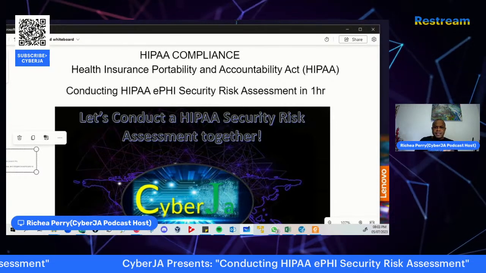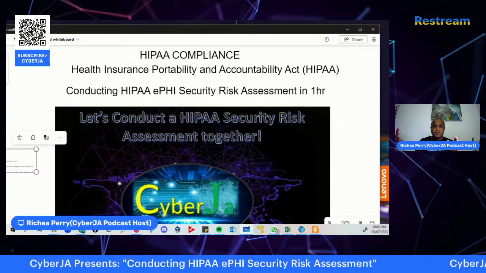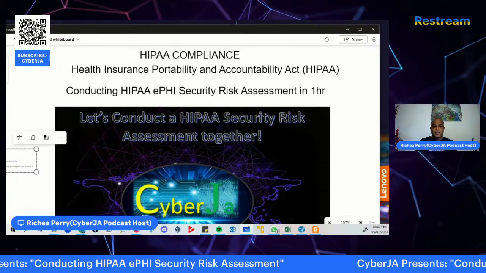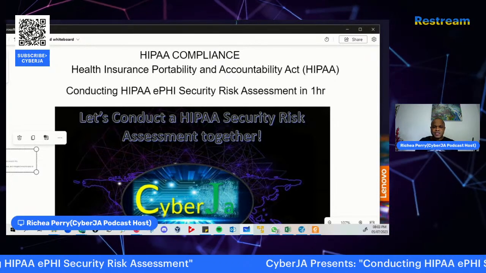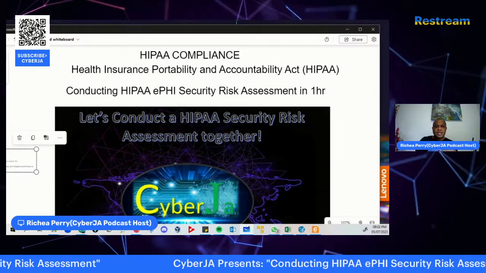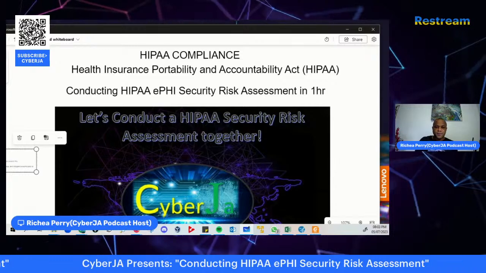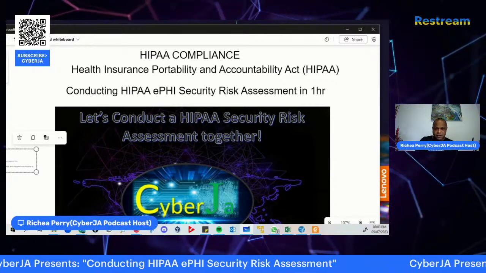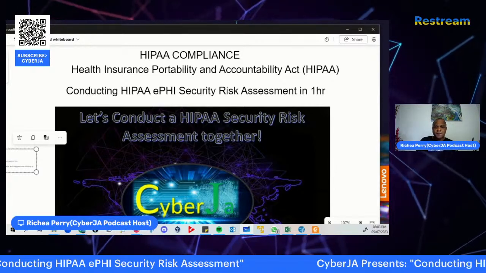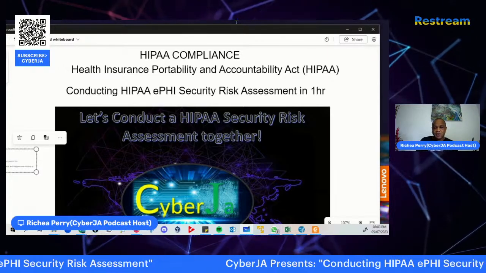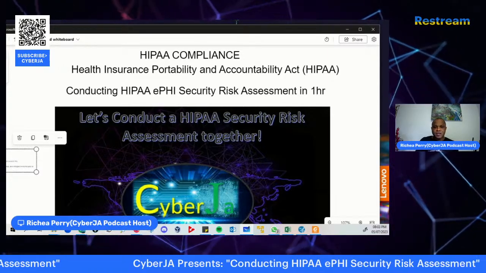In this particular session, we will not be focused on the implementation of HIPAA, but rather the process of executing a very important aspect of its implementation.